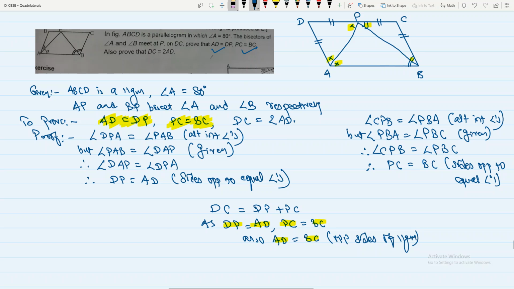Sir, we can simply write it as therefore DC is equal to, DP की जगह पे मैं AD लिखूंगा. PC BC से इक्वल है, BC AD से इक्वल है, तो PC की जगह भी मैं AD लिखूंगा. सो DC is equal to 2 times AD. ये अपना लास्ट प्रूफ था. ठीक है,